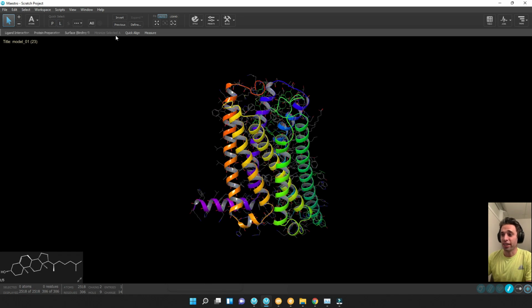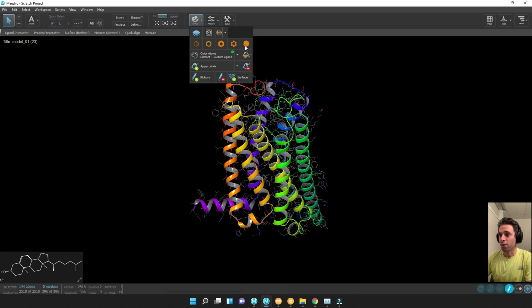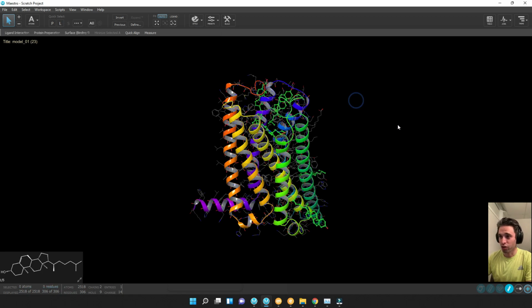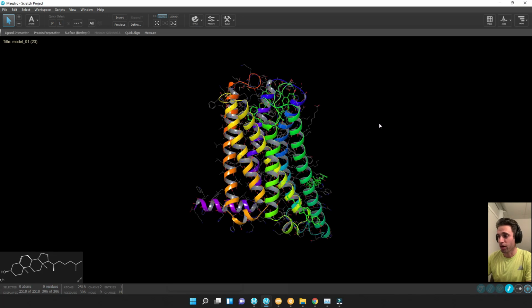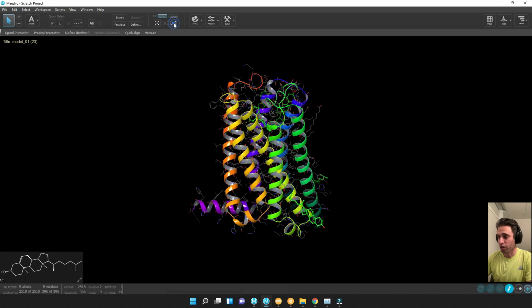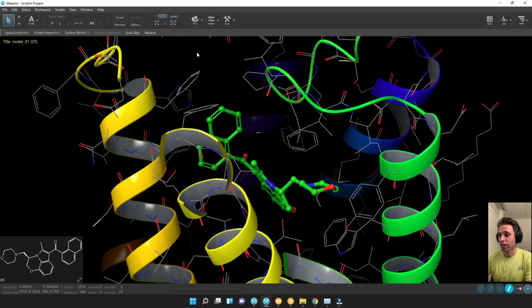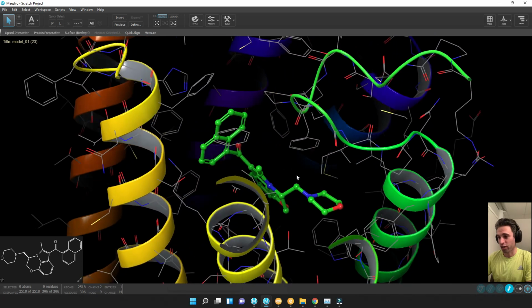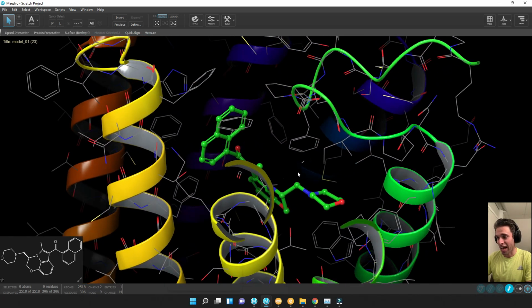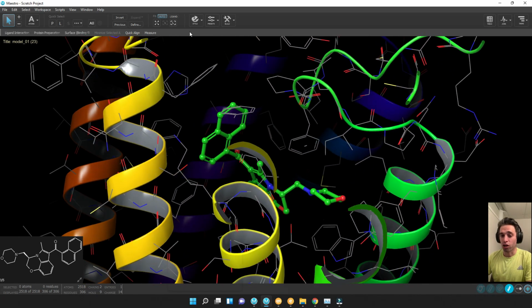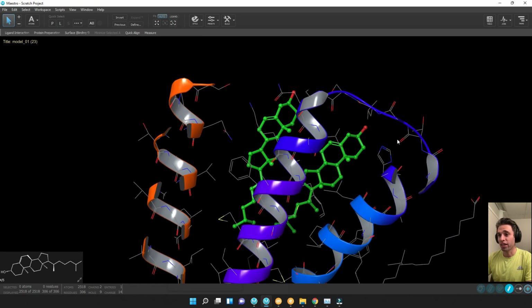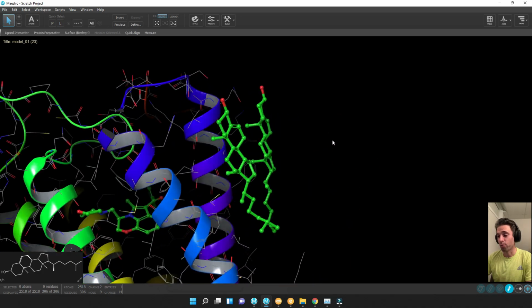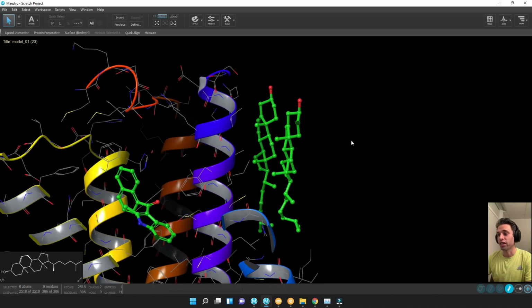Okay, so to get the ligand to show up inside the active site, I'm going to click L, and I'm going to click Style. You can either use the van der Waals to see them very large or the ball and stick model. I prefer ball and stick model. If you click L here, it'll take you to each one of the ligands. This is, of course, the active site where the drug or ligand will bind. But if you keep clicking L, it'll take you to the other biomolecules bound, which are the